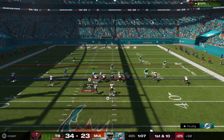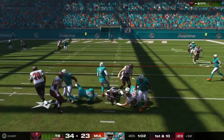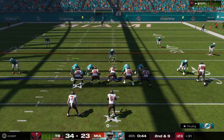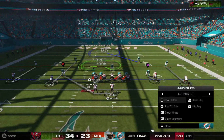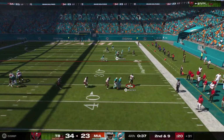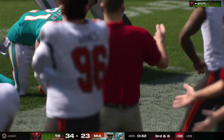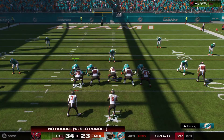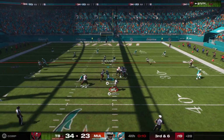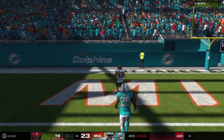From the 32 now, here's 1st and 10. They run it out of the gun with Irvin. And he'll get this down to about the 30, 31-yard line. So 2nd and 9, and you'd have to figure just about all 11 probably crashing the line here. He'll drop to throw. Eluding the pressure right. They'll wind up with positive yardage. It's a gain of 3, but now it's 3rd down. They are in need of 6 yards here if they hope to move the chains. Flush to his right. That is caught. And he's into...